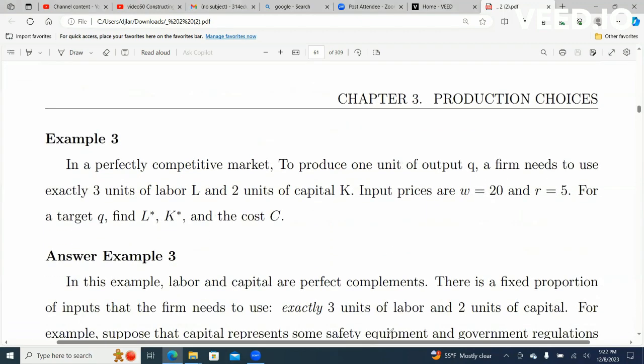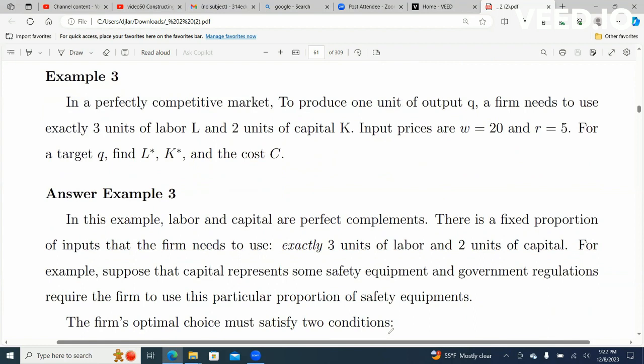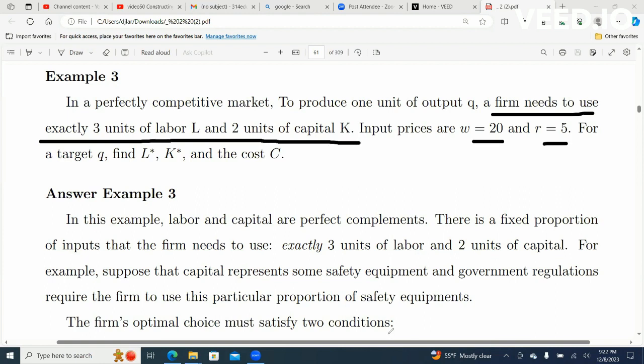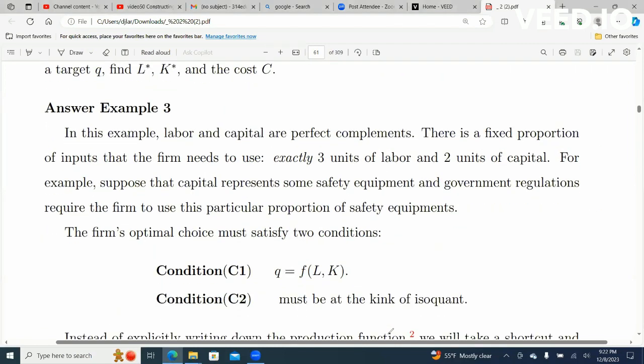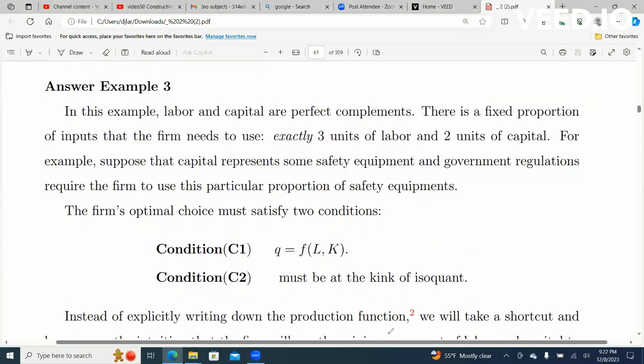Example 3 is the distant third. That's going to be the perfect complements, the L-shaped. So this one is actually a little bit hard. We have to understand the proportions. If you want to do this one, it's all about this here. The firm needs to use exactly 3 units of labor, L, and 2 units of capital, K. So we have these. That's always going to be the same. Just divide them. But we're going to have that kink. It's the L-shaped. So we're going to have the kink there. Condition 2 is must be at the kink of an isoquant. So when they do this,